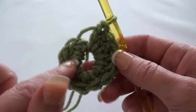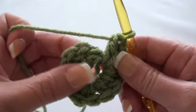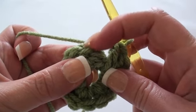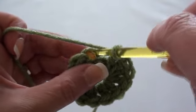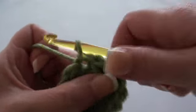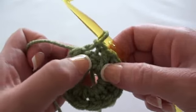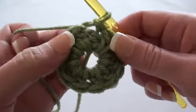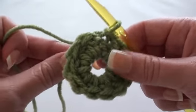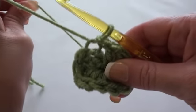Okay, so I've done my 11 double crochet stitches into the ring, and now we're going to join into the back loop of this chain 2, and that chain 2 at the start of every round counts as 1 stitch. So we've done 11 double crochet plus the chain 2 counts as a stitch, so we've got 12 stitches at the end of round 1. Now just pull on your yarn tail here just to tighten the centre up there,